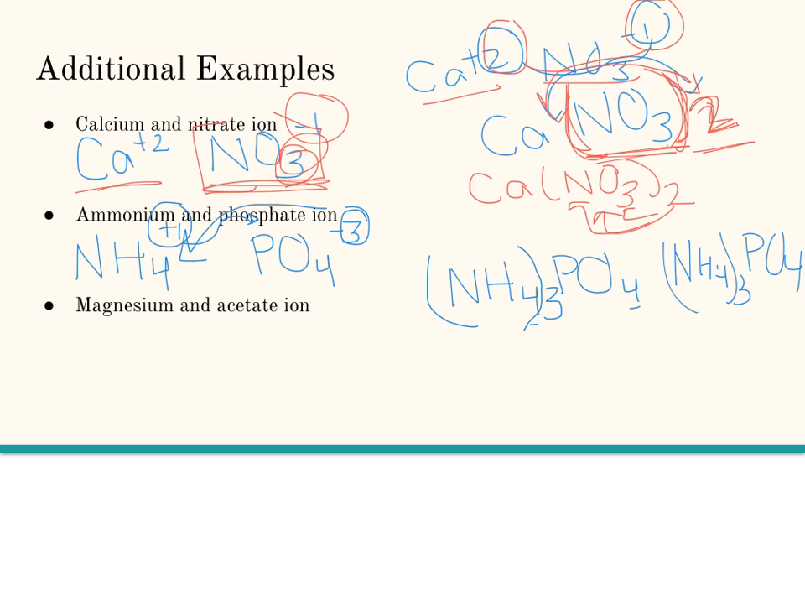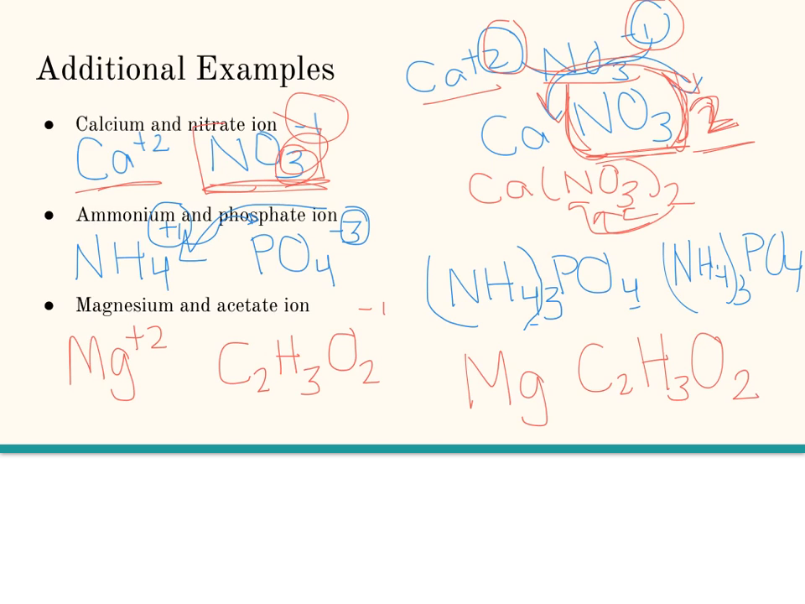Okay, so one more example. Magnesium and the acetate ion. So I look up magnesium. Magnesium is Mg plus 2. The acetate ion is a tricky one. It contains 3 elements, but we copy it exactly as we see it. C2H3O2. The charge of the acetate ion is -1. Okay? Copy it down. Mg,